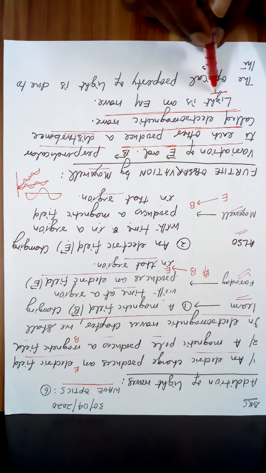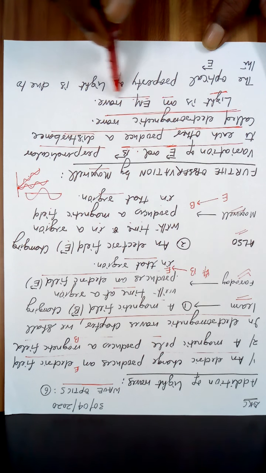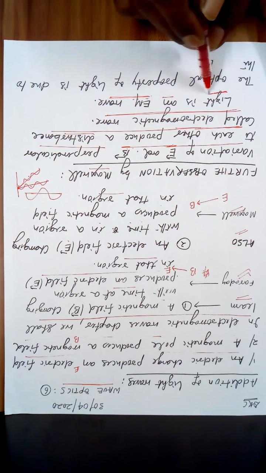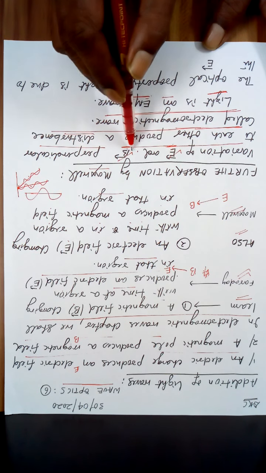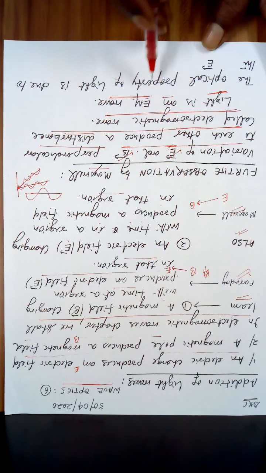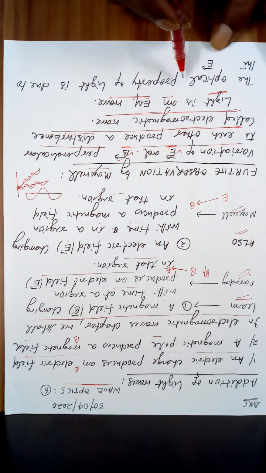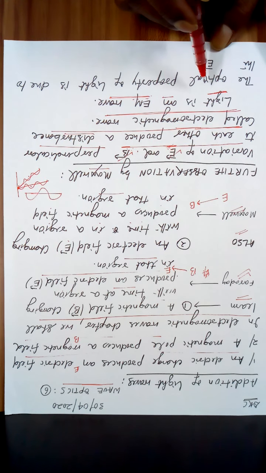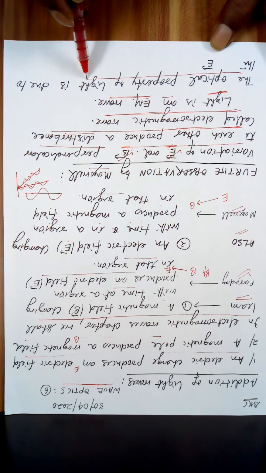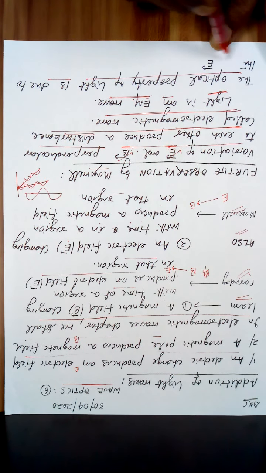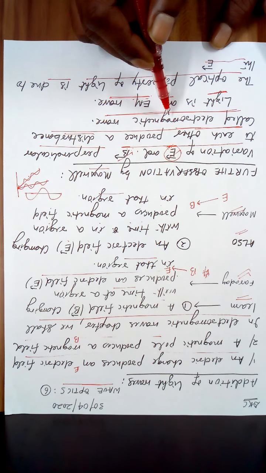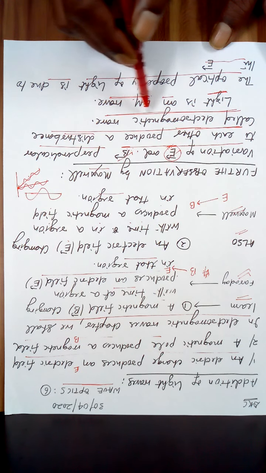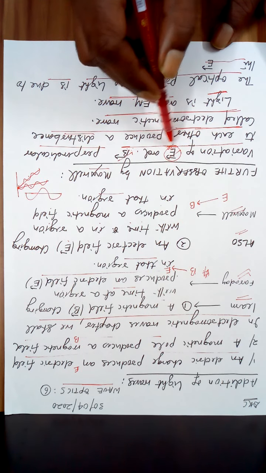And light is also an electromagnetic wave. So light can be produced due to a changing electric field and a changing magnetic field perpendicular to each other, E and B perpendicular to each other. And it is also observed that the optical properties of light, that is reflection and refraction, are due to the electric field associated in the propagation of a wave, not the magnetic field, the electric field.